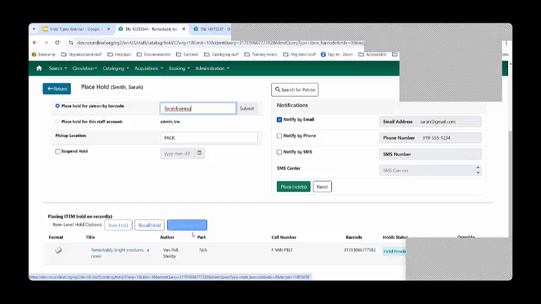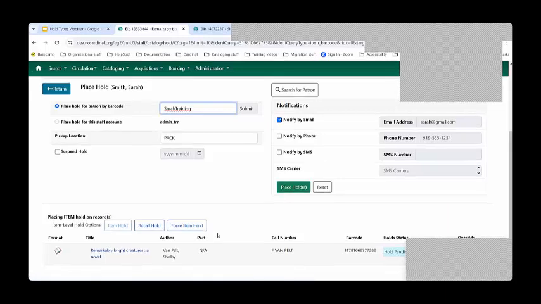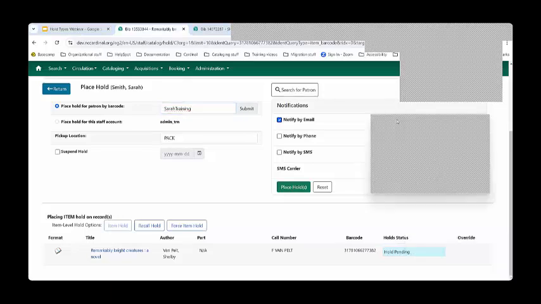You also have the option to do a force item hold. This is something that I don't think we want you doing, because basically what you're doing is overriding policies to allow a hold to be placed on an item that would ordinarily fail. Now, this may be something that you want to do for a specific reason. For example, if you're trying to get something back